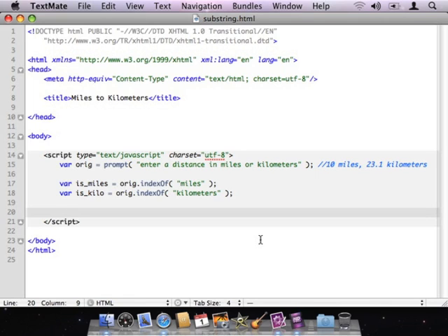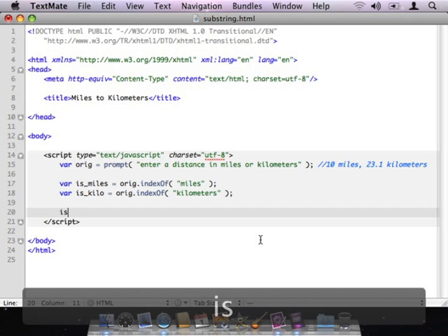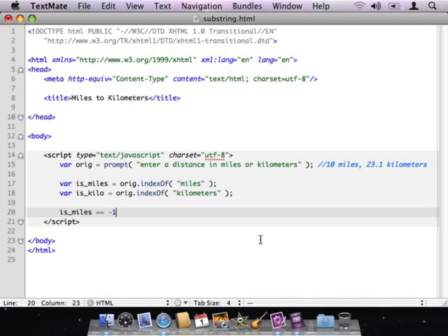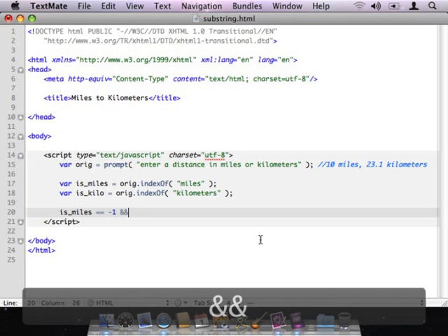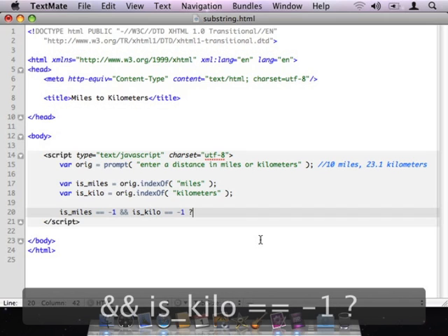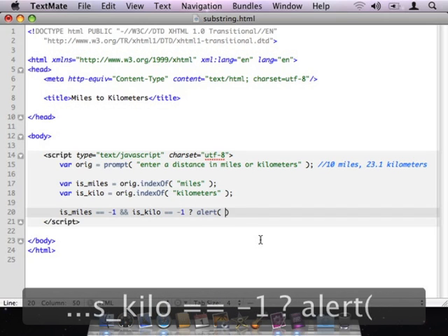What I might want to do next is, if they didn't enter either one of them, go ahead and let them know that they've done something wrong. So I could say if isMiles is equal to -1. Remember the equal to operator, the double equal sign. I'll use the and operator, and isKilo, misspelled that every way you can, is equal to -1. Then what I want to do is pop up an alert where I say